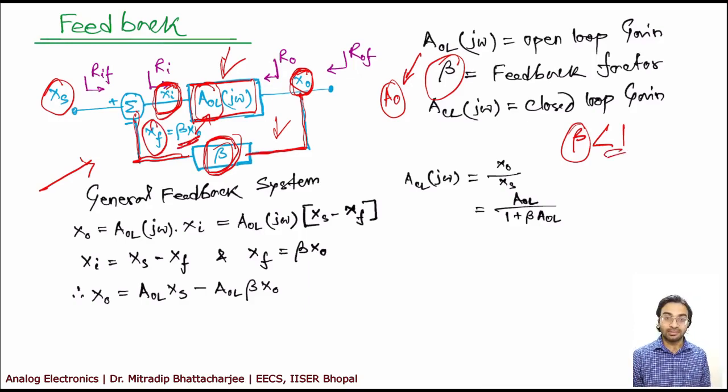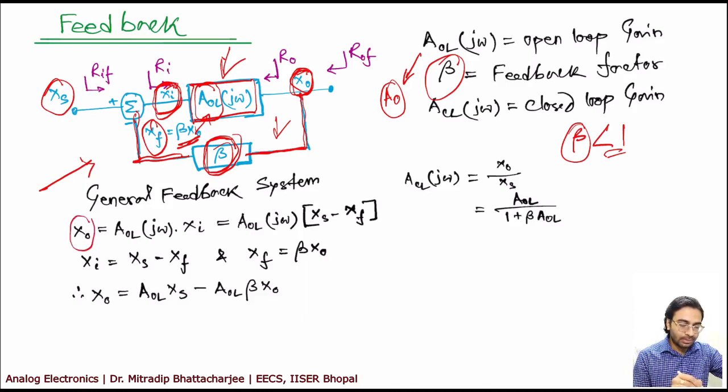If beta is more than 1, what does that mean? It is an amplifier. It is amplifying your output signal. So it should not be. It can be in some cases, but for the sake of argument, in this case, consider beta is less than 1. In some cases, it may be more than 1 depending on the requirement. As I said, it is a generalized system. It's a general system. It's not a specific system. In general, I am saying beta should be less than 1. However, in certain cases, it can be more than 1.